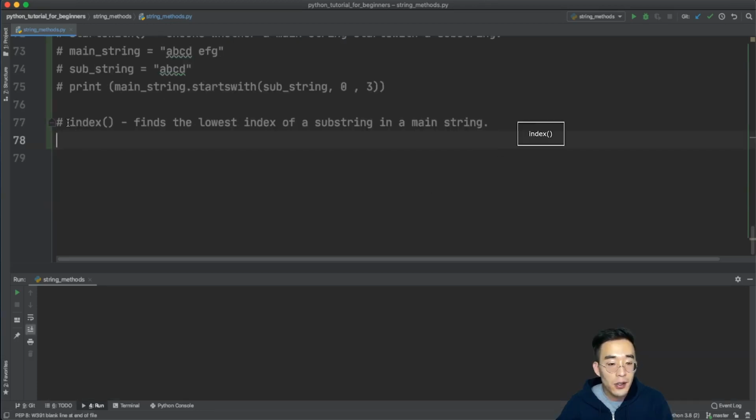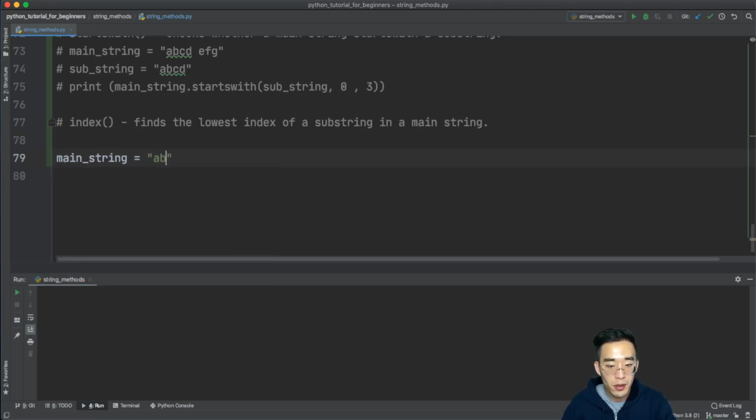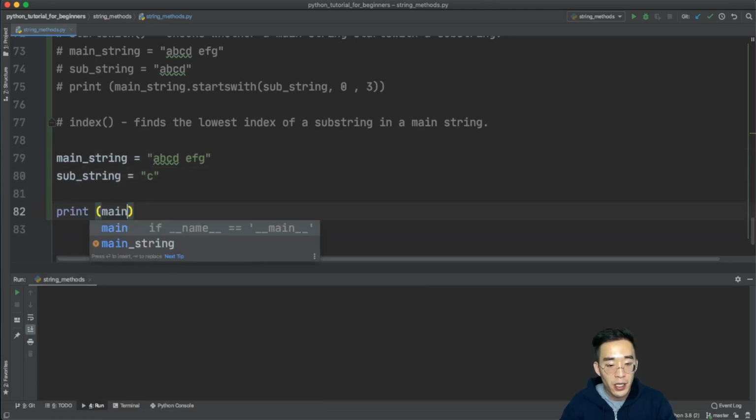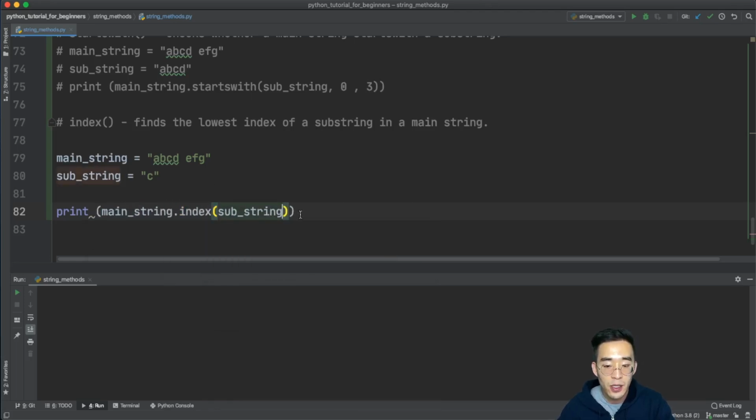so it actually couldn't find the substring ABCD within this main string. Okay, now let's talk about the index method. The index method finds the lowest index of the substring in a main string. Let me show you an example. The main string is given, and the substring is C. If I do print main_string.index and put the substring as the argument, and